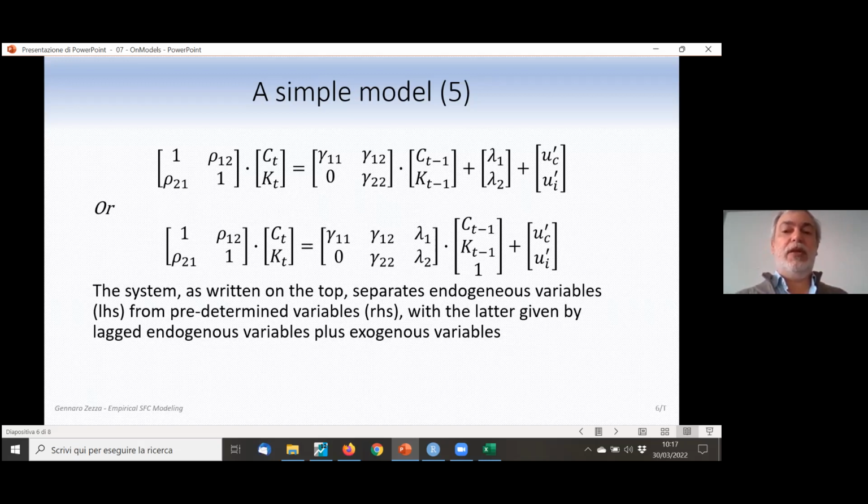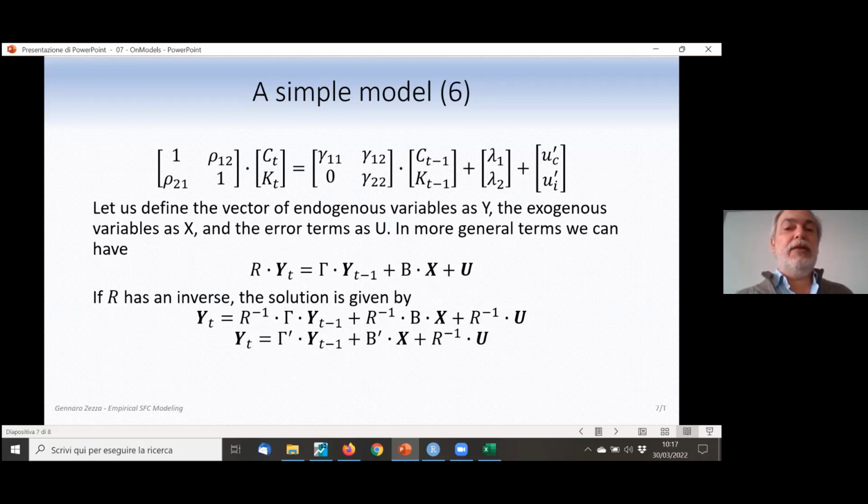This can be written in two ways. On the top, I keep separated the exogenous variables. On the bottom, I've included them in a way which is similar to estimation, where you have the constant written as a 1, as an exogenous variable equal to 1. And this system can be generalized, saying that